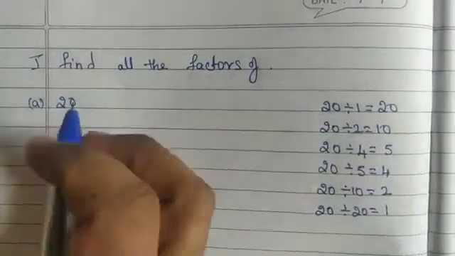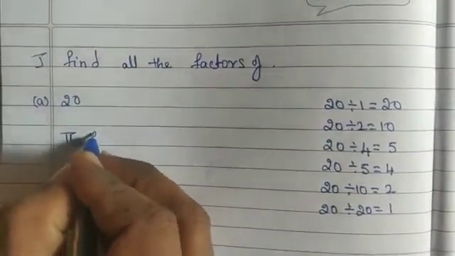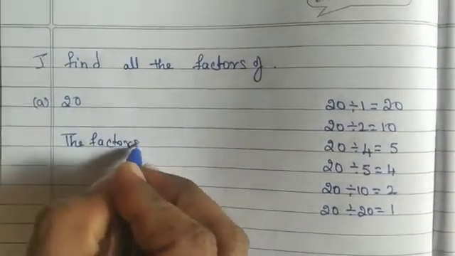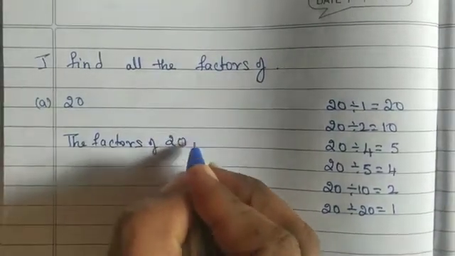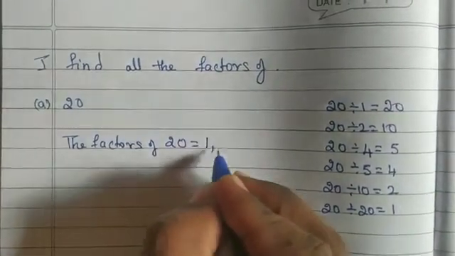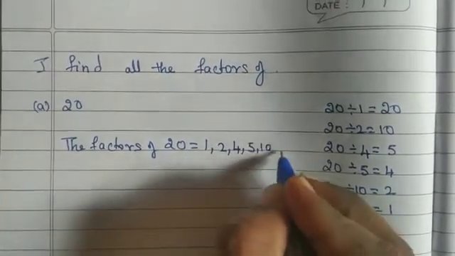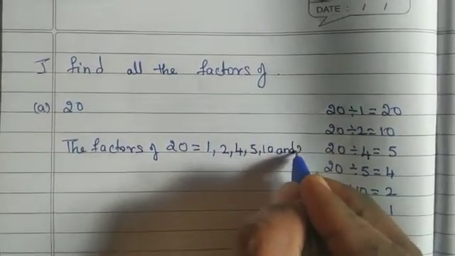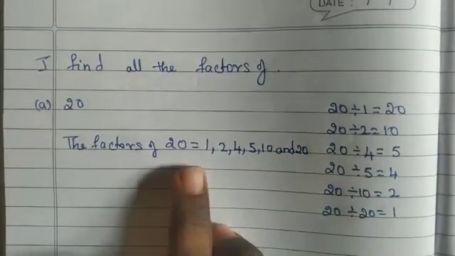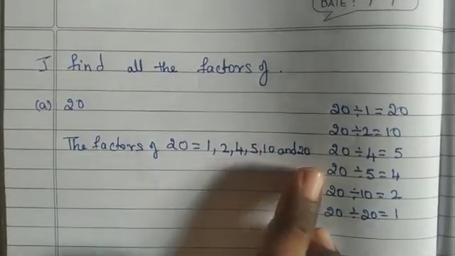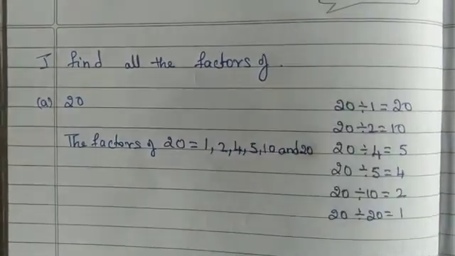So here we will write the factors of 20 is equal to 1, 2, 4, 5, 10 and 20. So the factors of 20 are 1, 2, 4, 5, 10 and 20. Now the second question is